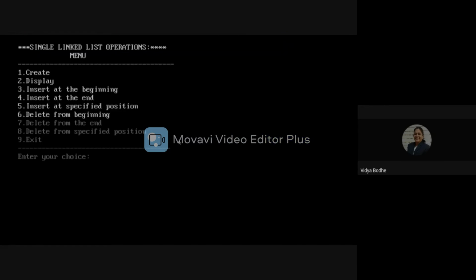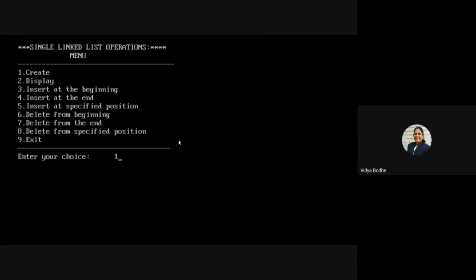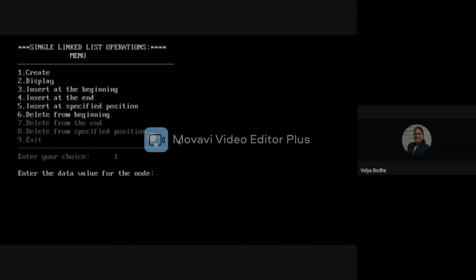Here, this is the singly linked list operations menu. If I will give choice 1, then the create function will be called and the linked list will be created. Now enter the data value for the node for creating the linked list.